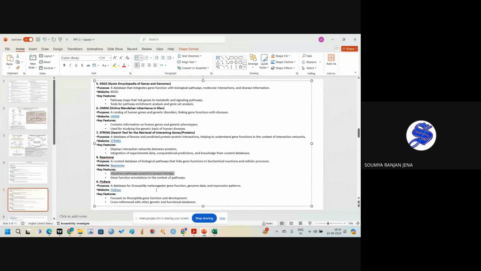We use these model systems because they have 95% similarity with our genome. So we have studied different model organisms like Drosophila melanogaster, mouse, and rat. In FlyBase, you can find a focus on Drosophila gene function and development, cross-referenced with other genetic and functional